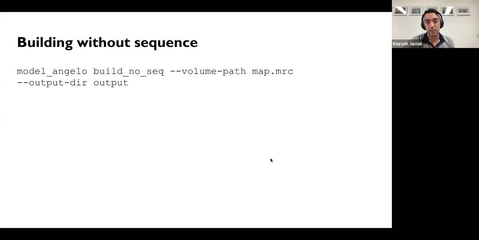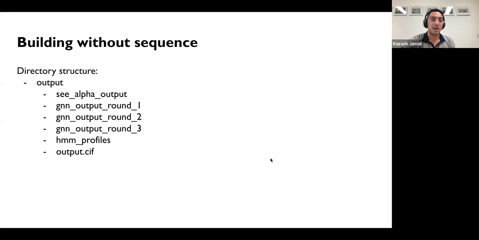Now, if you want to build without sequence, it's exactly the same. The command just changes to build no seq, and you don't have to give it a sequence file anymore, thankfully. The directory structure is then the same intermediate folders as before, but now you have another folder called HMM profiles. HMM profiles is a folder that, for each chain in your output.cif, has an HMM profile file in it.